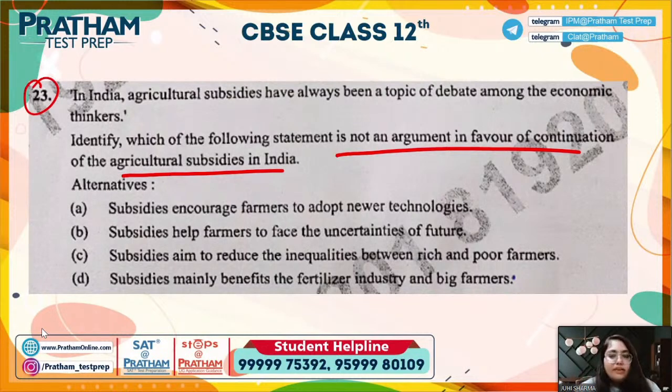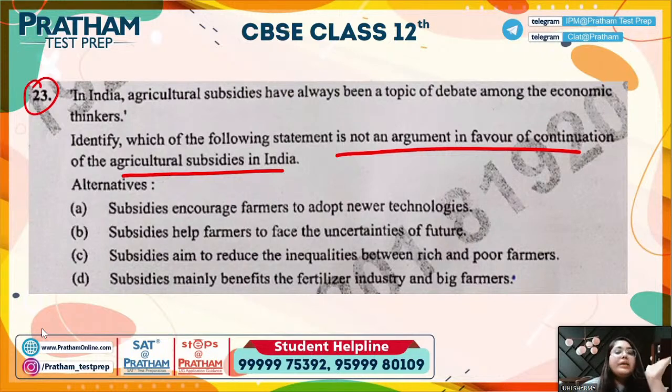So you need to identify that. Option A, B, C, if you look, all of these are in favor of this argument. Subsidies basically encourage the farmers to adopt newer technologies, right? Secondly, subsidies help the farmers to face the uncertainties of the future. That is also correct. Third is that subsidies aim to reduce the inequalities between rich and poor. That is also correct. And the fourth option, if you see, that subsidies mainly benefit the fertilizer industry and